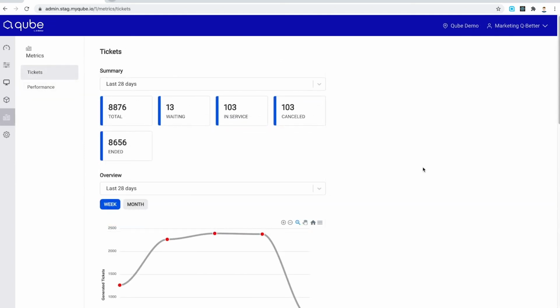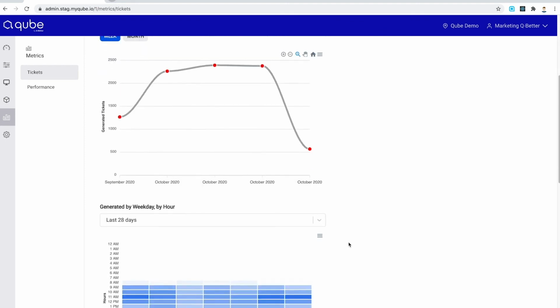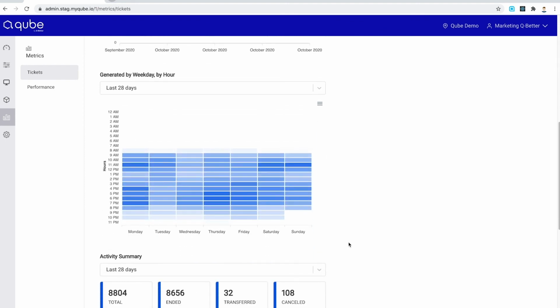For this part of the demo, we've preloaded our location with some data. Metrics give more detailed insights about the queuing system of our location. Metrics tab is divided into two sections, tickets and performance. Regarding the tickets, we can have a sense of how many tickets were generated in the last 28 days, what was the evolution of ticket generation during time, the peaks of affluence to our location,